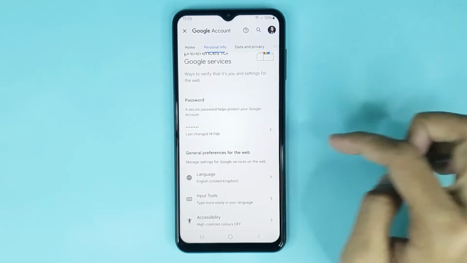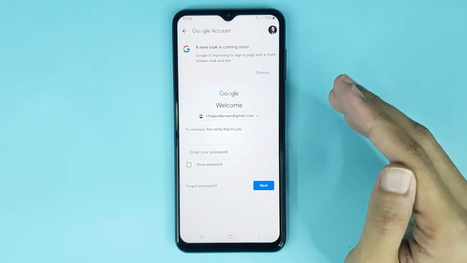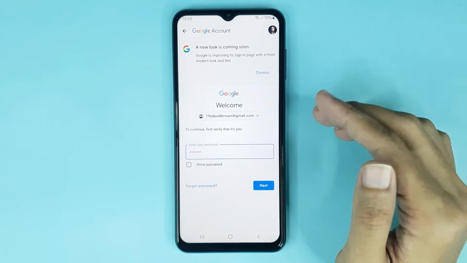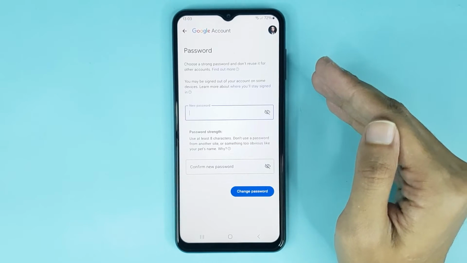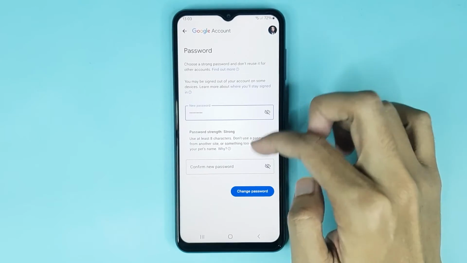Here you can see password, then tap here. Now from here to change your password, first you have to enter your old password, then tap on next. Now from here enter your new password, then confirm your new password,